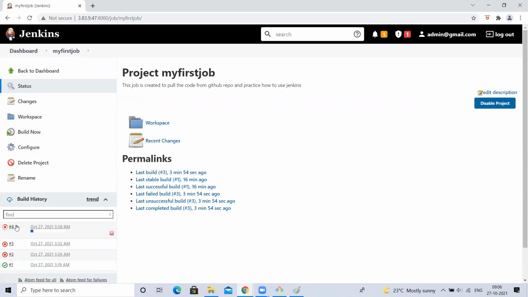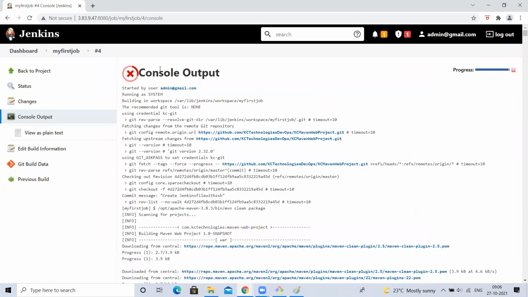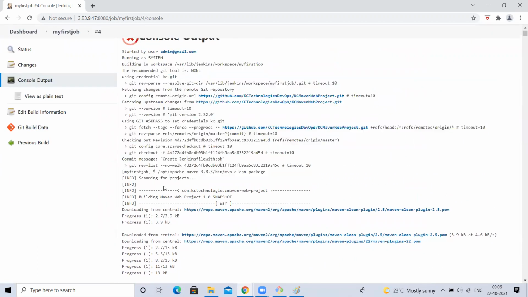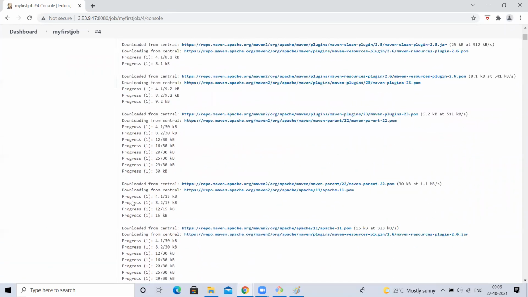Now the fourth job is getting triggered. It is taking time. Now if I go here, you can see that. See this, it is downloading. So if I go here, the Git part is done. When it started executing Maven clean package, now you understand from which location it is executing. /opt something, from this location, wherever we have given M2_HOME in the global tool configuration, right? There it is executing mvn clean package.